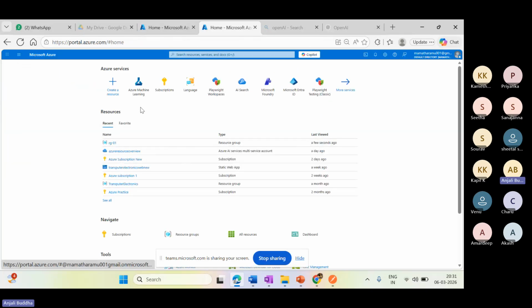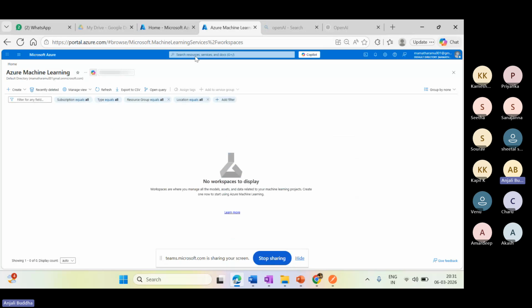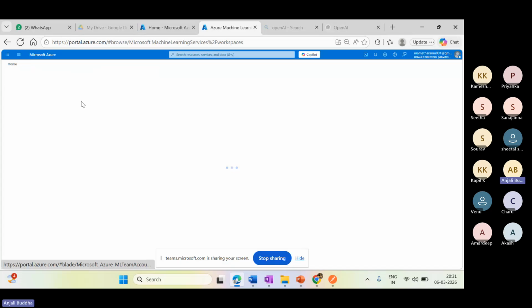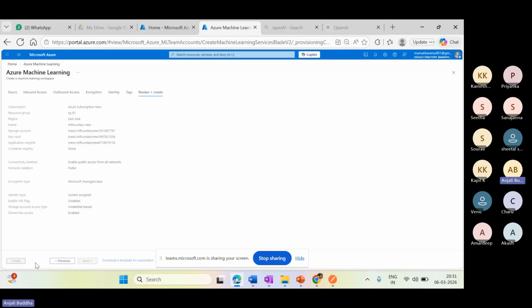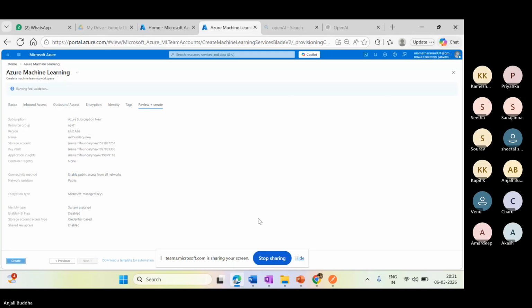So if I want to create ML models, as I already told, I need to create the Azure Foundry first. So I'm going here, I'm going to create a new workspace. First I should have a resource group, so ML Foundry, new, I am creating. Okay, accordingly all the basic data is updated. So I'm going to click on create new.